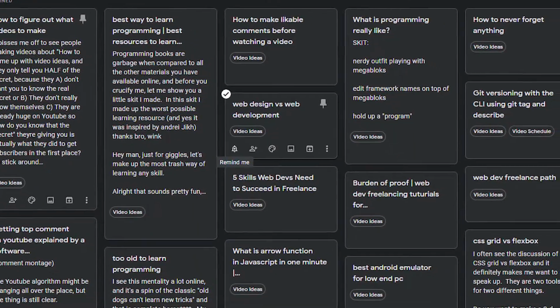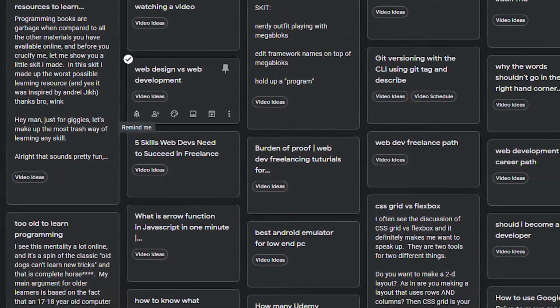So first off, we're going to have a prerequisite. We're going to need some ideas to use this strategy. So you're going to have a small backlog of ideas, maybe 2 or 3 to test out during this video so that you can actually get some experience using it yourself, and then you can work it into your process later on. So despite popular opinion, ideas are complete garbage. They're a dime a dozen, and anyone can come up with an idea, but it's all about execution, and I'm going to show you how to execute in this video.